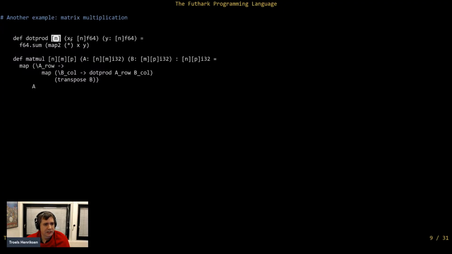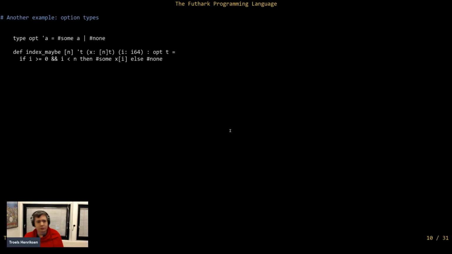In dot product, for example, it is used to enforce that the 2 arguments must have the same length, because the definition of dot product requires that. For matmul, we require that the number of columns of A must equal the number of rows of B, and we get back a result that is the number of rows of A by the number of columns of B. So you can express these fairly common constraints directly in the type system, and if you write a program that doesn't obey these constraints, you will get a type error rather than a runtime error. This is something that is really pleasant when you're doing linear algebra-ish stuff, and really means that the computer complains about your code long before you run it, which is nice.